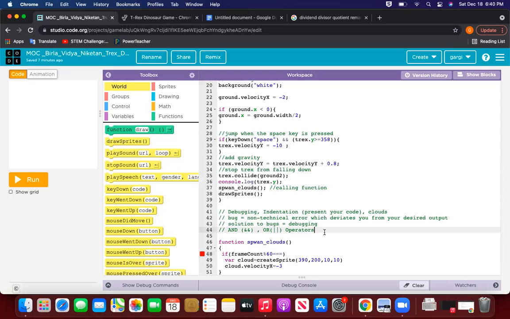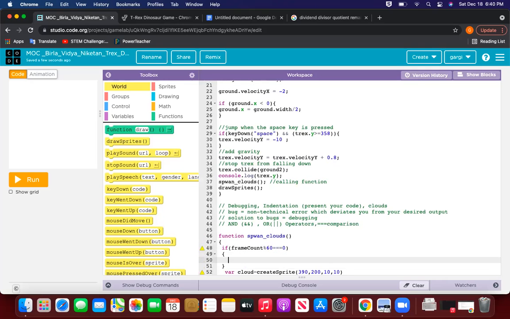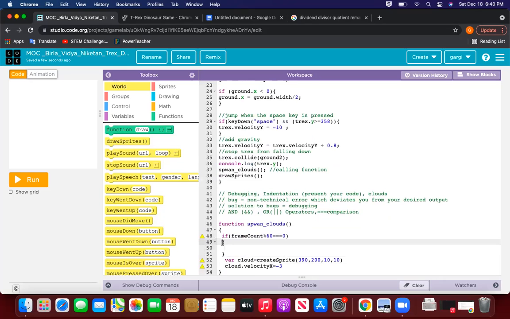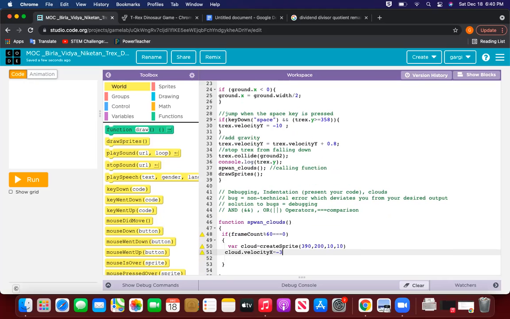Now, what are you comparing with? You are comparing it with 0. Now this is an if condition, so it needs its own pair of curly brackets. I put that, and inside the curly bracket I put my instructions. I take this away and put it inside.